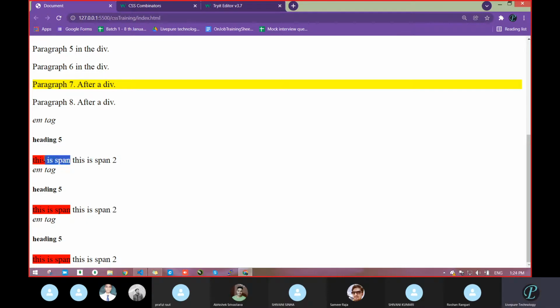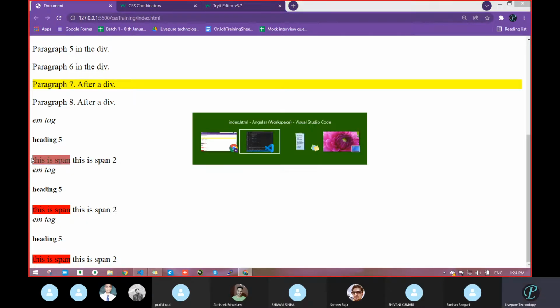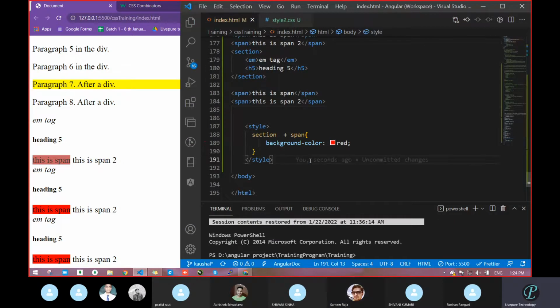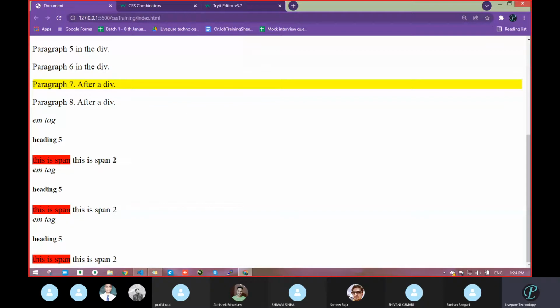whatever span is there, the first span, make that color red. How we had done this: we had used the child sibling, adjacent sibling. Means with the help of plus, whatever first span is there, we make that. Suppose in any book scenario, or you make your website design, and in each content, you want the first line to be colorful, you can go like this. For the first subheading, if we want some scenario, we can go in this way.